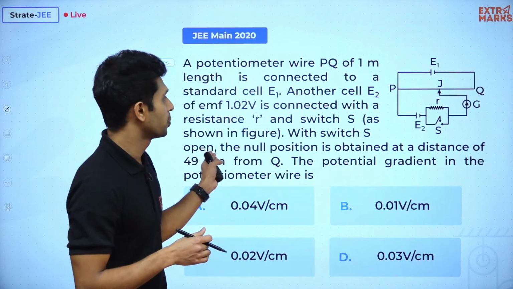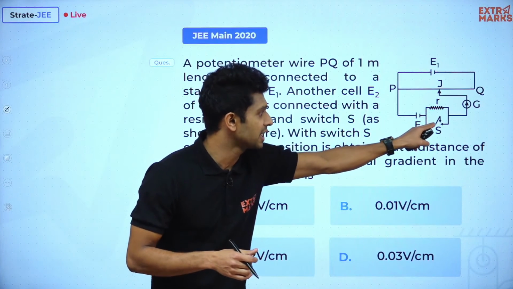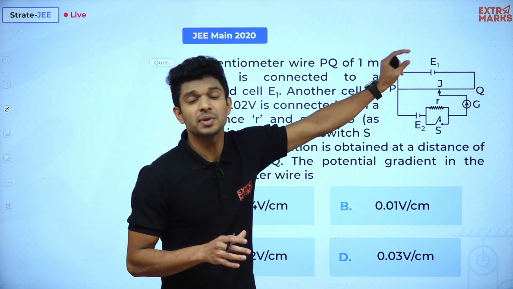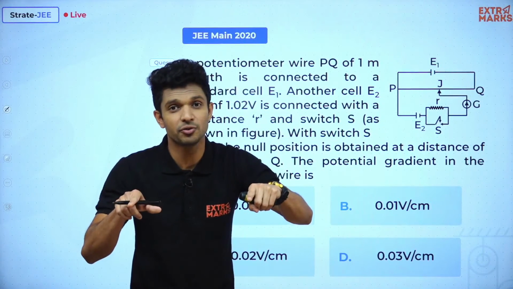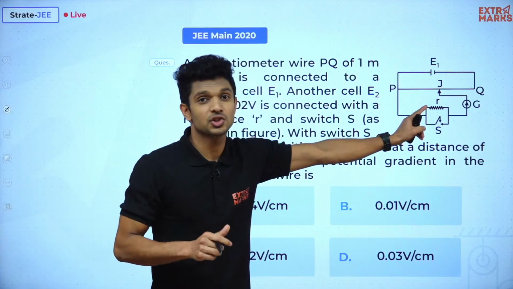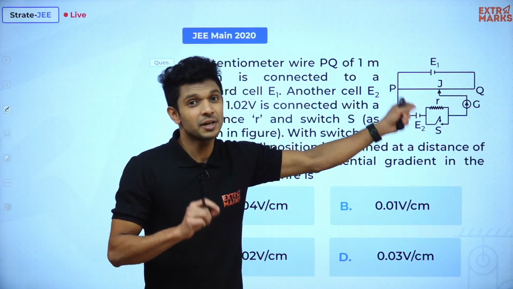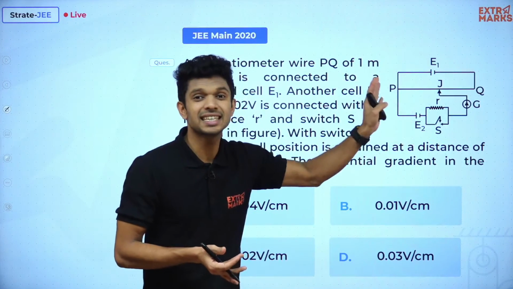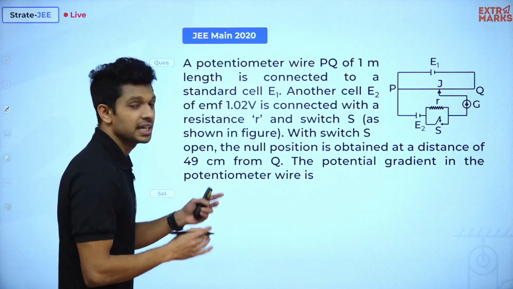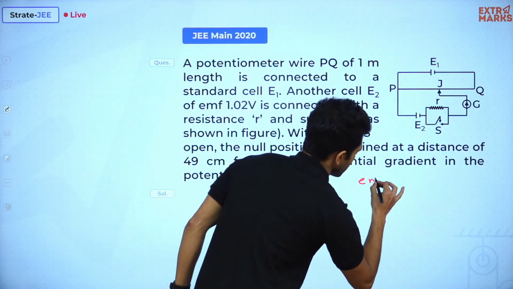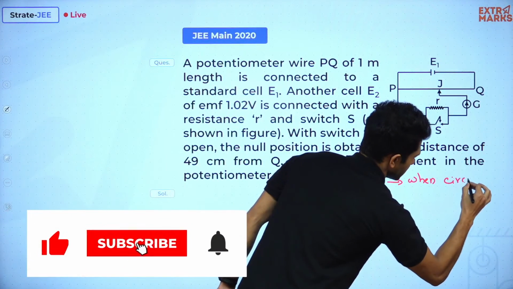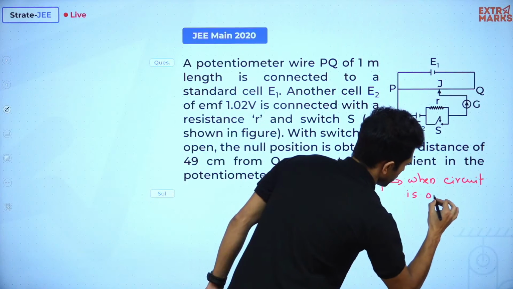With the switch S open, meaning this circuit is open, current is not flowing in the circuit, right? Now if the current is not flowing, whatever is being measured by the potentiometer, will it be potential difference or the EMF? It will be EMF, right? The EMF of the cell is measured if the current is not flowing, and if the current is flowing, it will be the potential difference that is measured. So here in this case, it is the EMF that is measured. If anybody is having a problem, I'll first write it down. It is EMF that is being measured. I'll write it here: EMF that will be measured when the secondary circuit is open.